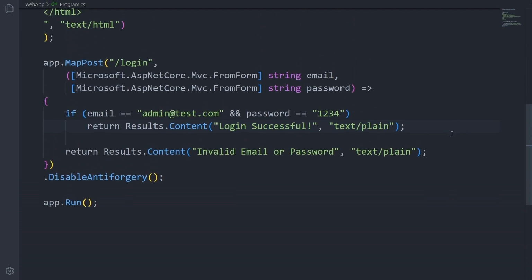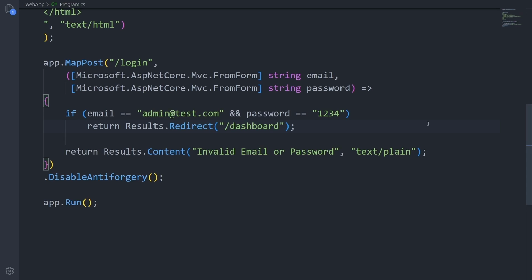Before we continue, let's briefly talk about what a redirect actually means in a web application. A redirect is simply a way for the server to tell the browser, hey, don't stay on this page, go to this other page instead. It's like when you enter a building and someone guides you to a different room rather than letting you stand at the door. In our login logic, when the email and password are correct, we are now sending the user to a different route called dashboard instead of just showing a success message. This means that after a successful login, the browser automatically navigates to a new page without the user needing to